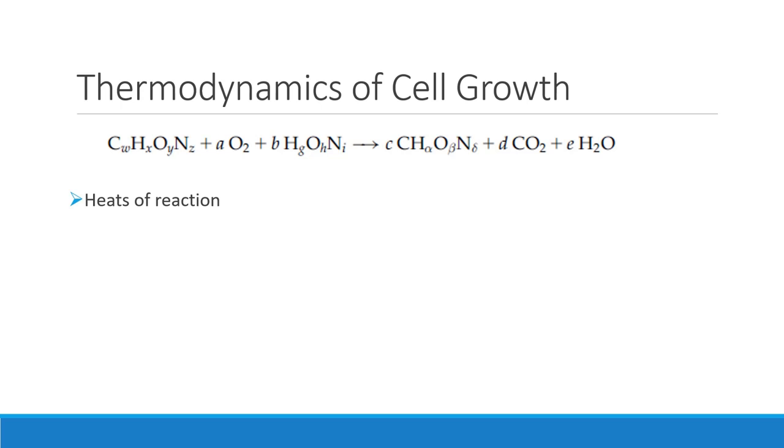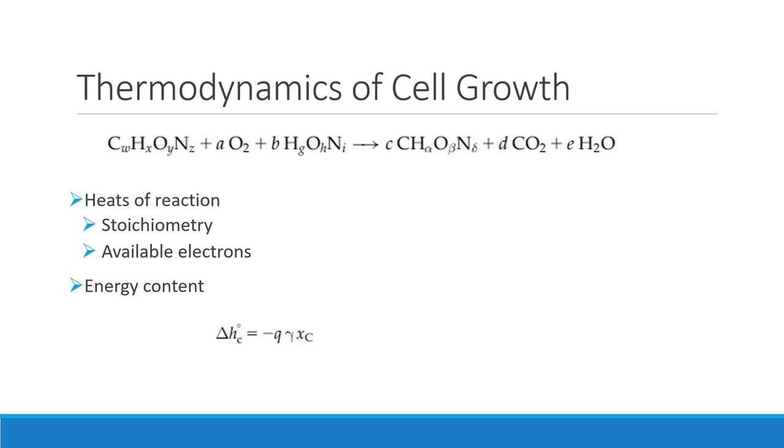A macroscopic view of cell growth is represented by the stoichiometric equation where A, B, C, D and E are stoichiometric coefficients. This substrate is broken down into ethanol, carbon dioxide and water. Heat of reaction for cell growth can be estimated using stoichiometry and the concept of available electrons. It has been found empirically that the energy content of organic compounds is related to their reduction as delta Hc equal to minus Q